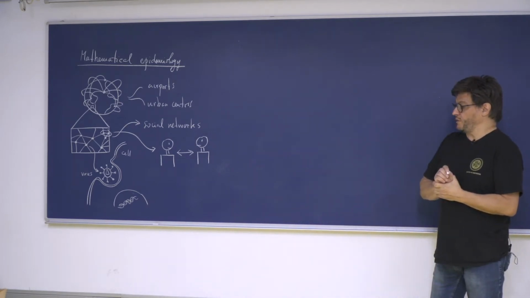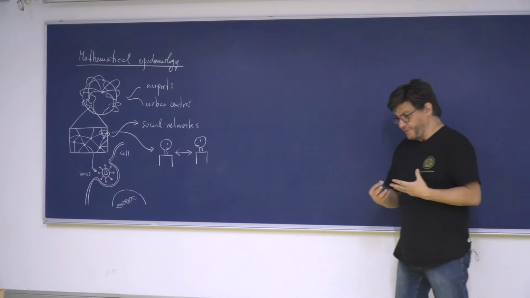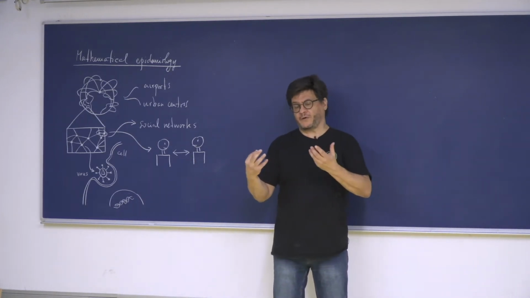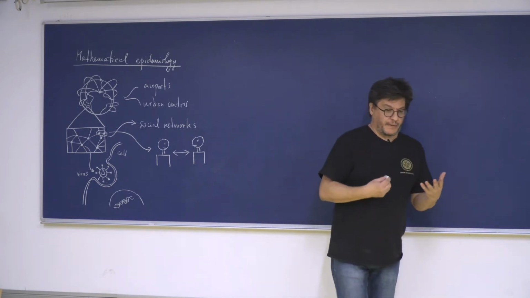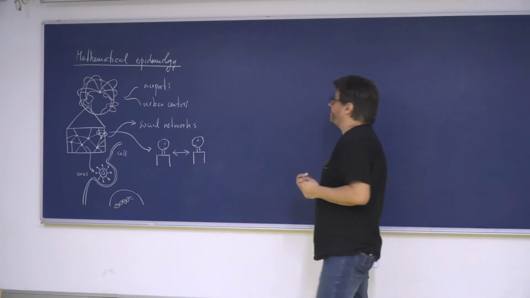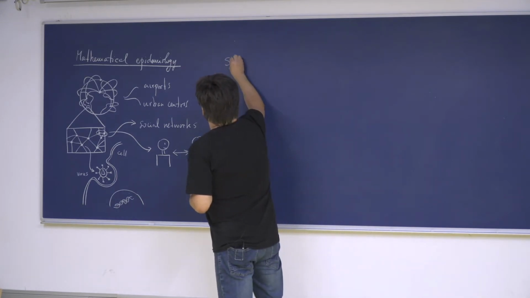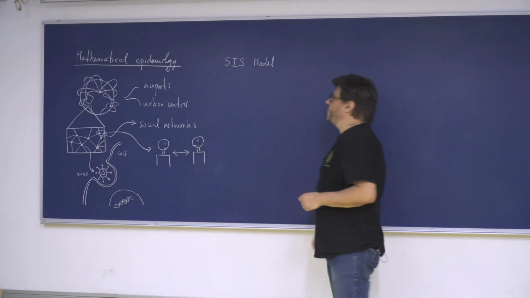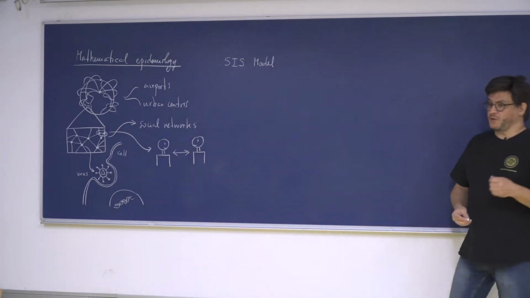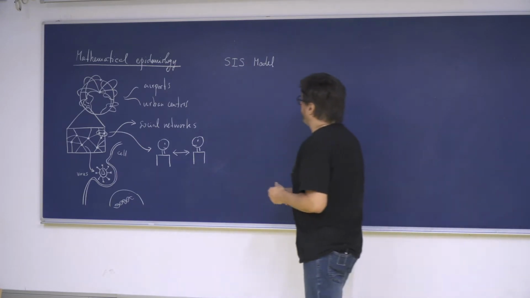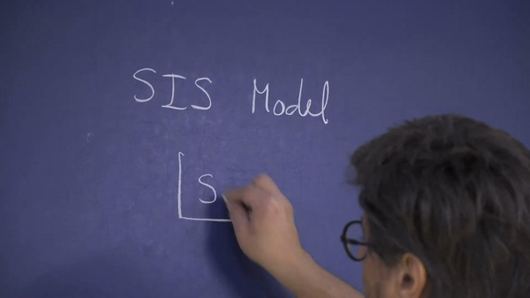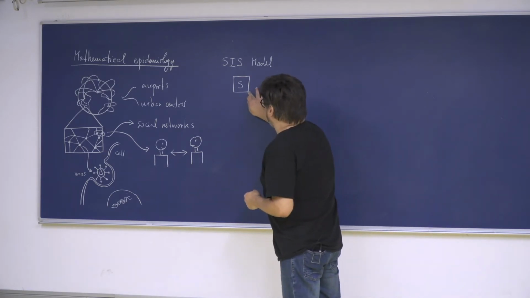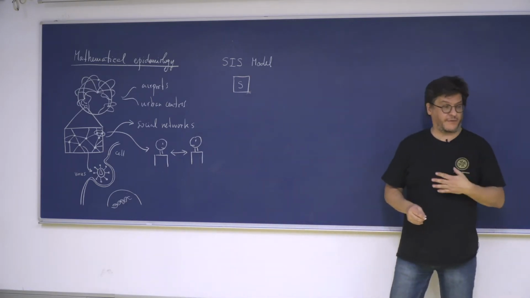And what we're going to do is assume the following. Suppose we have a pathogen, a virus, or a bacterium, suppose a virus, for example, that is able to propagate between two kinds of individuals, right? And this defines what is called the SIS model. Extremely simple model, as you will see. Imagine you have individuals that are healthy, right? In the literature, this is what we call the susceptible individuals. Those individuals then can be infected, right?